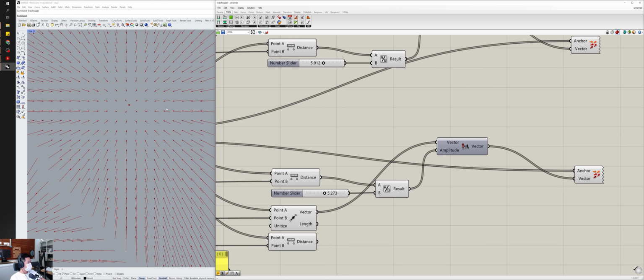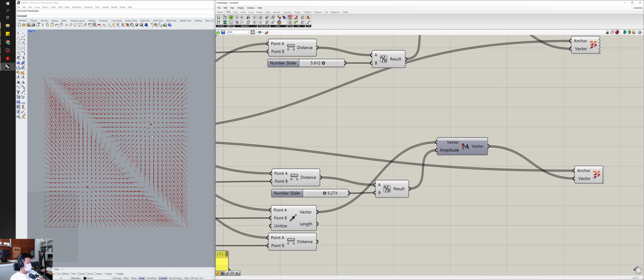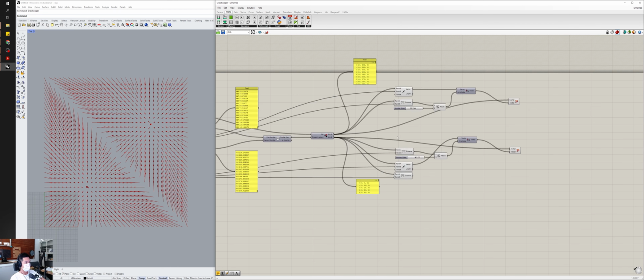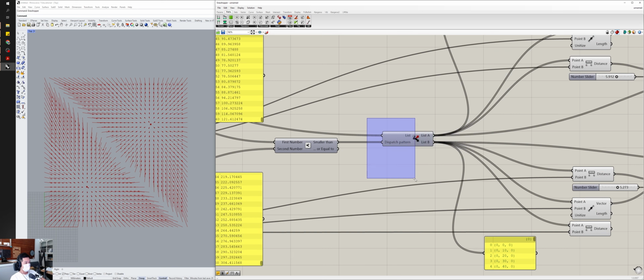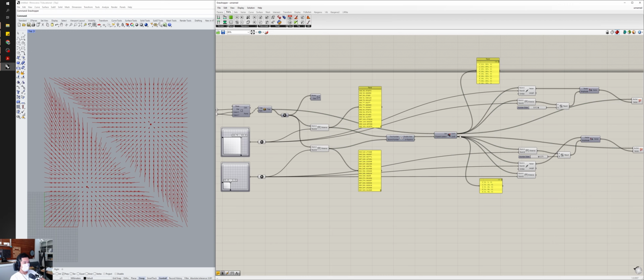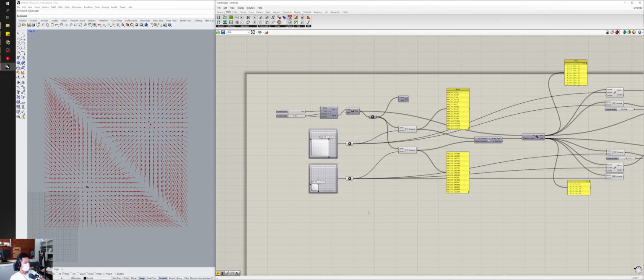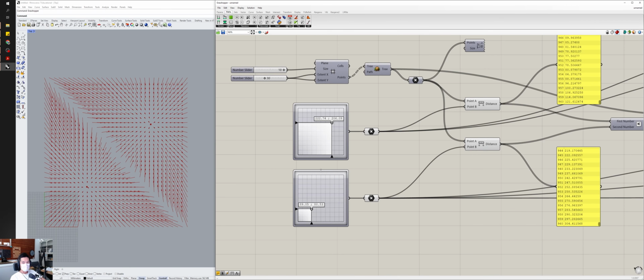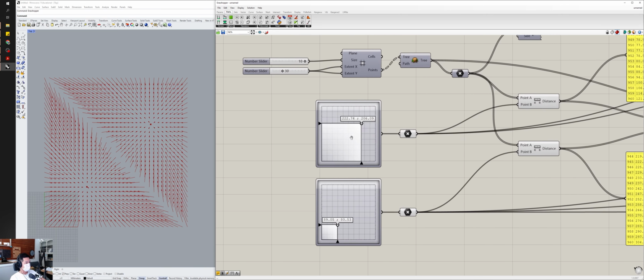They are only responding to those respective points. I'm not getting any interference between those two. And that's all because of the application of our conditional statement, which helped us to develop a pattern, to dispatch our list into two separate lists, basically. So now if we come back into our original, the first part of our definition, where we have the empty